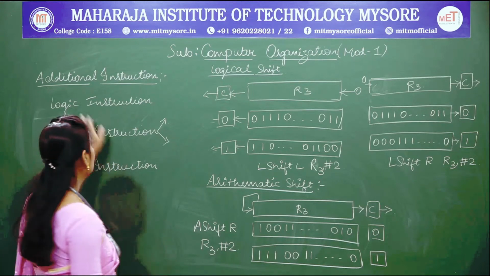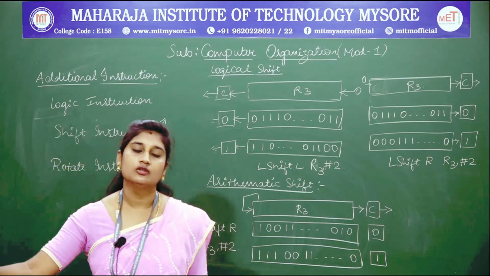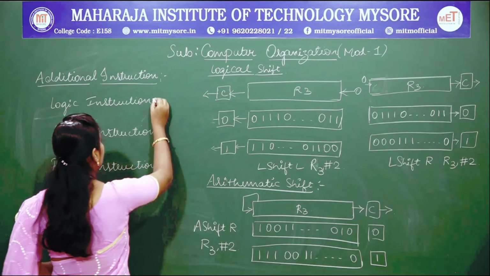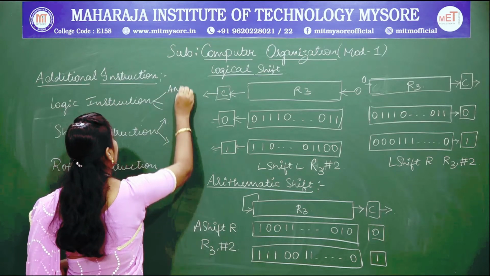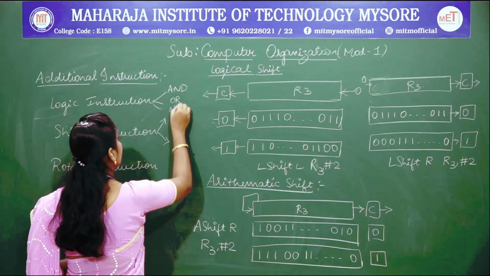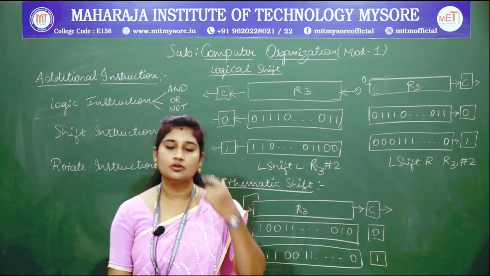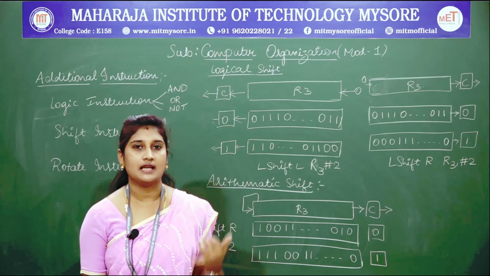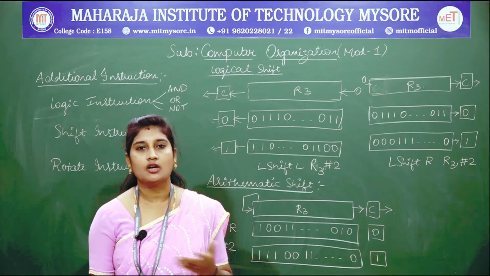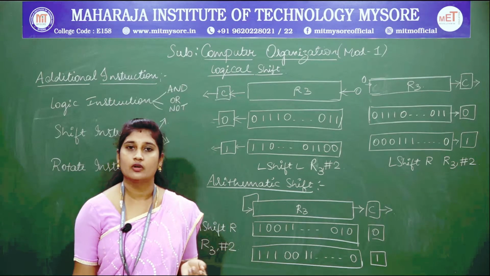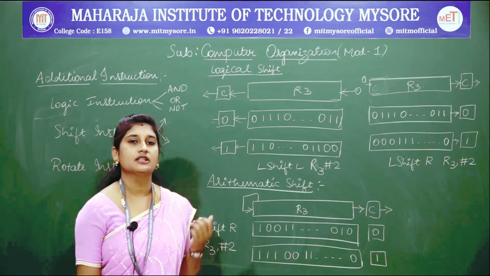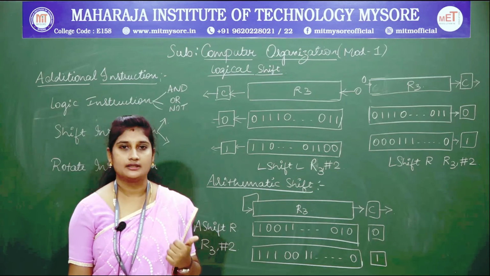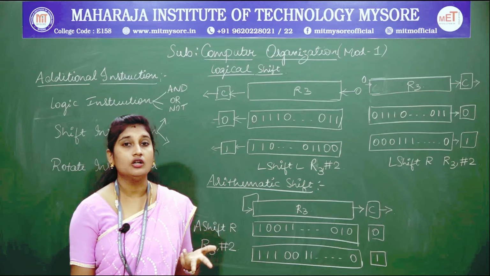The very first instruction is logic instructions. As you already know, logical operations can also be performed on your instruction set, which might be AND, OR, NOT. In the previous sections you have already known that an instruction can perform operations such as add, subtract, move, return. These are some of the operations that an instruction is going to perform. Likewise the instruction is also capable of implementing the logical operations, for example AND operation, OR operation, or NOT operation.